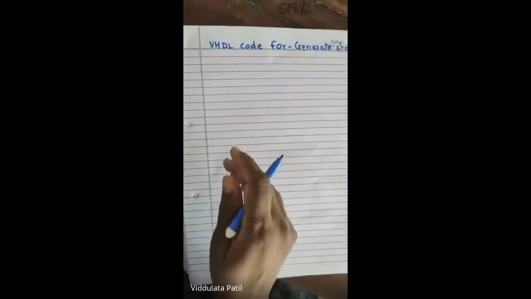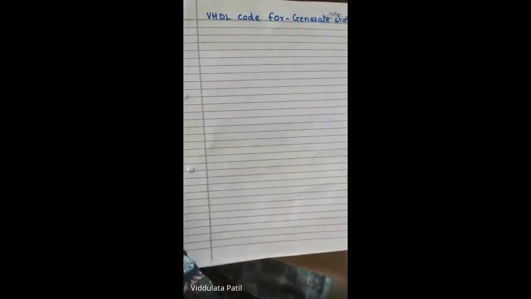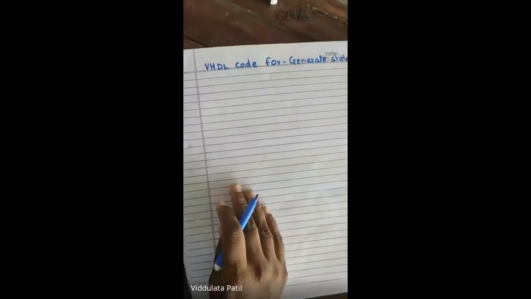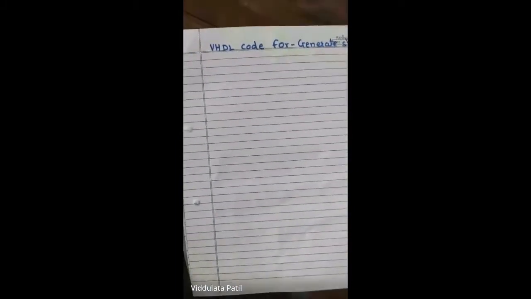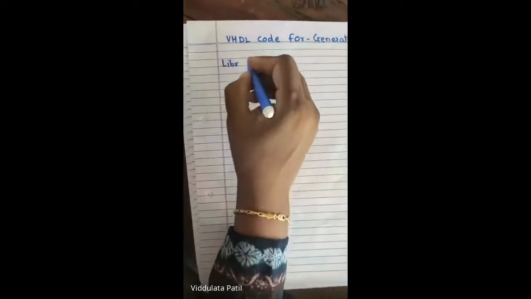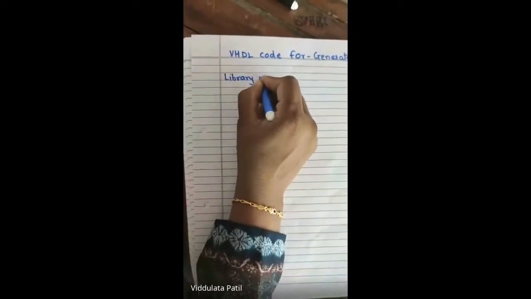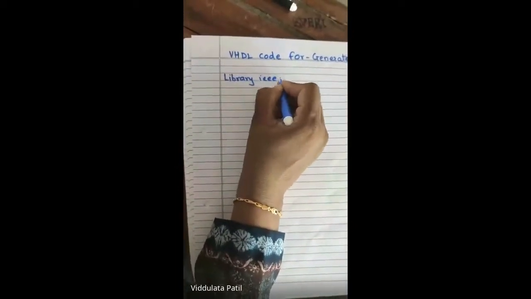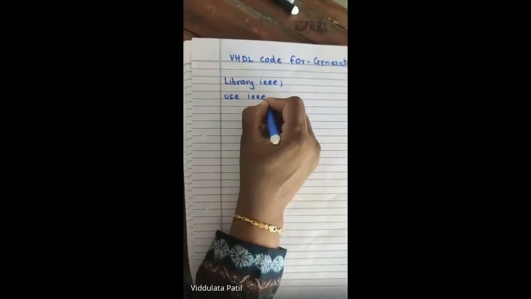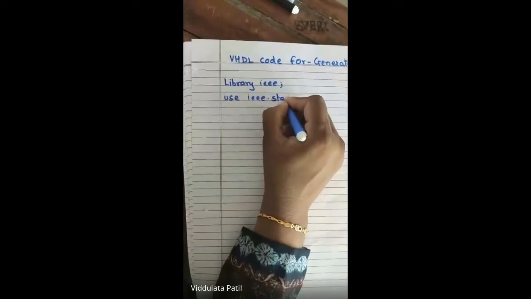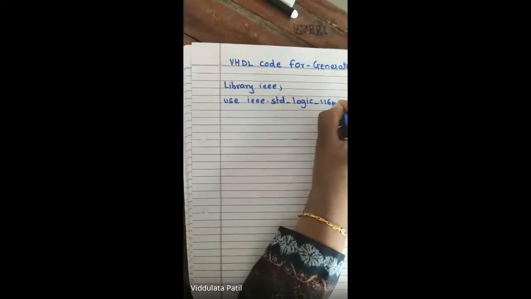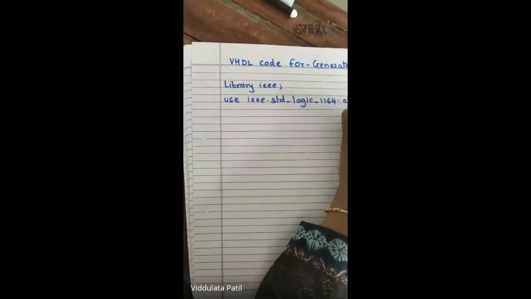Okay, so let us see how to write code for a 4-bit full adder using for generate statement. Okay, so first of all, again as usual, we need to declare library. So library IEEE, then add package, use IEEE.std_logic_1164.all.